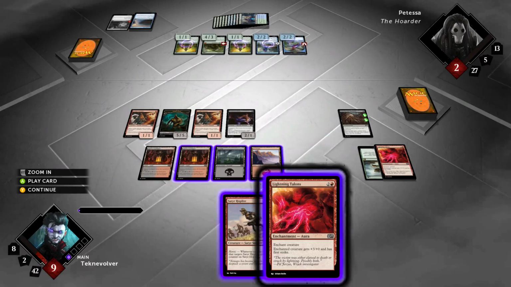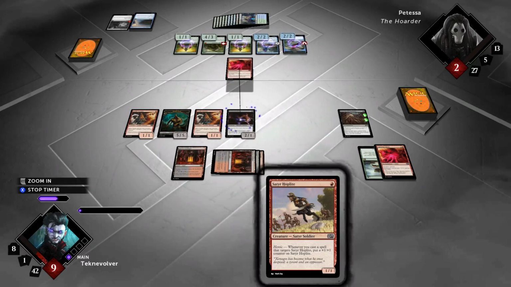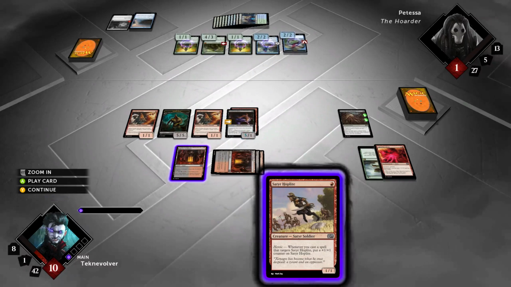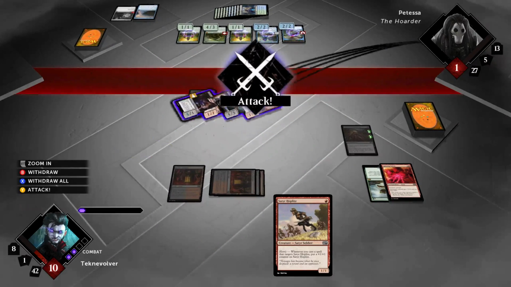It doesn't matter what he does here. He's already lost, but I'm still going to just Lightning Talons this thing. Take him to 1. Because I will still even him, because they trigger separately. But it doesn't matter. With the 2...